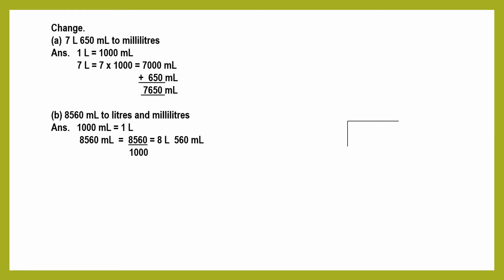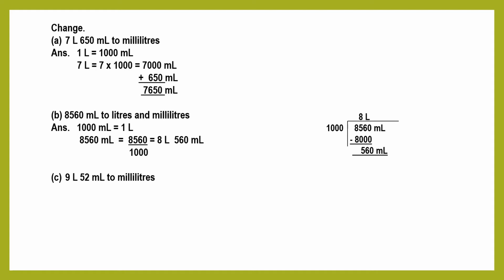This is the easiest way of doing it, or otherwise you can do the long division method. You can see here the divisor is a 4-digit number and the dividend is also a 4-digit number. Now you can read out the table of 1000. 1000 8s are 8000, 1000 9s are 9000. Now 9000 is bigger than 8560, so you will take 8 times. 1000 8s are 8000. Now subtract, and you will get 560. The remainder part is always the smaller unit, that is milliliters, and the quotient part is your bigger unit. So you will write 8 liters and 560 milliliters.